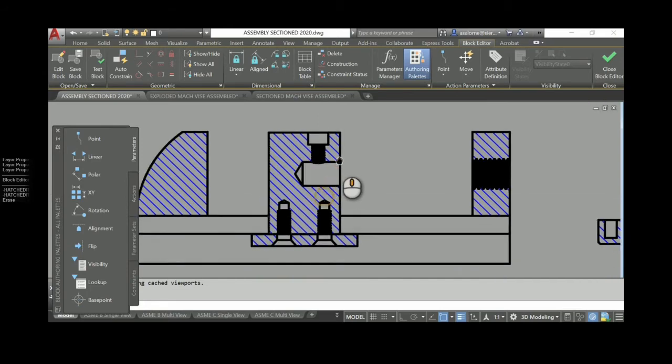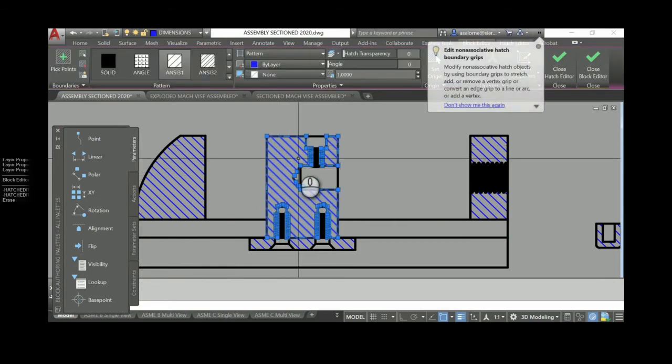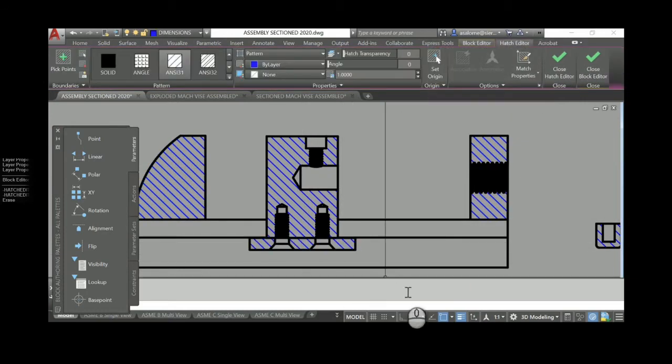Now the first thing I'm going to do, just trust me, you've got to trust me, is we're going to adjust the hatch pattern. Notice when I select this hatch pattern, it's just for the jaw. And when I select this hatch pattern, it's just for the body. And when I select this, it's just for the plate.